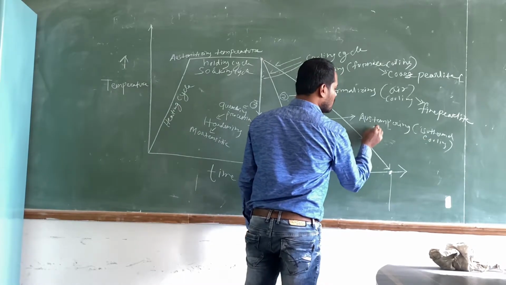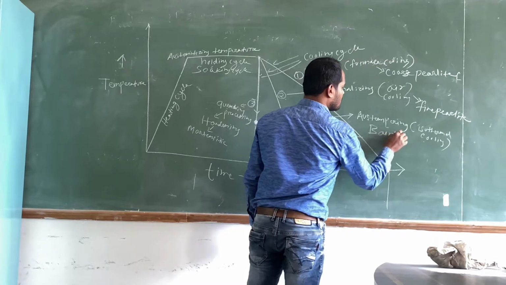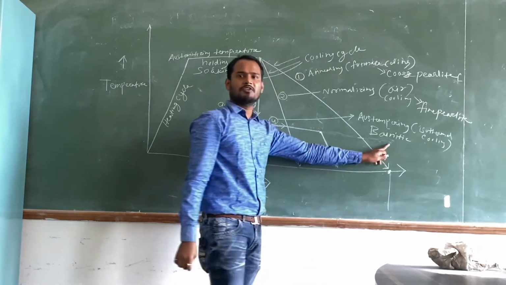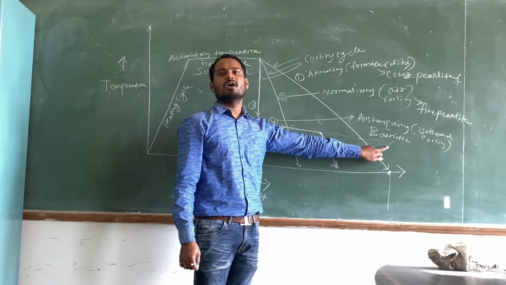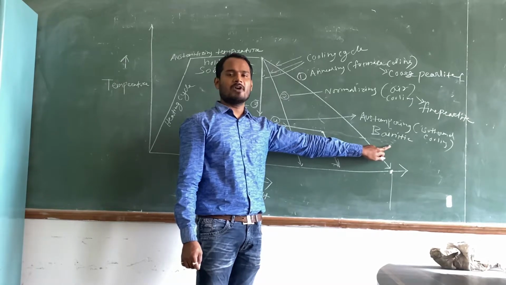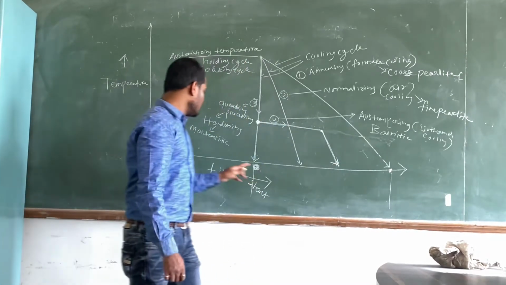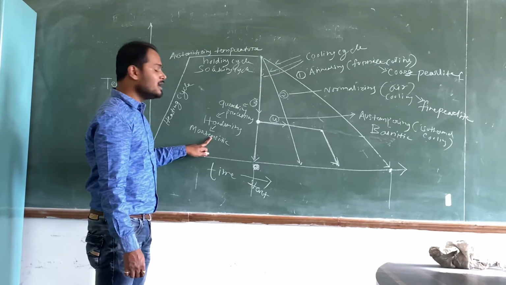It will give you which kind of microstructure? The toughest microstructure. Bainitic microstructure. Bainitic microstructure is very tough. If you want very high toughness in the steel, you can form bainite in the steel. The microstructure will be bainite. It will be very tough. Okay fine, there is another heat treatment called tempering heat